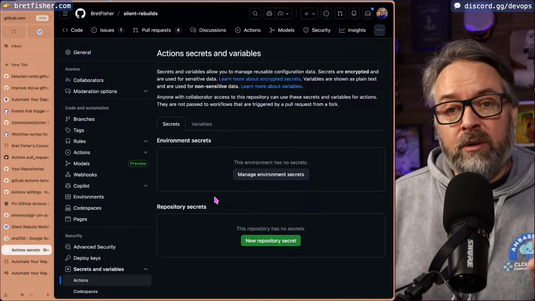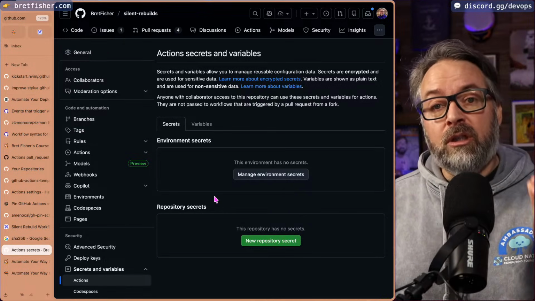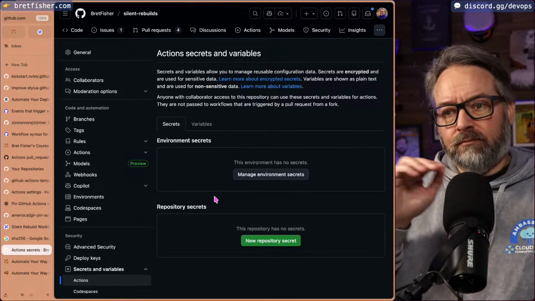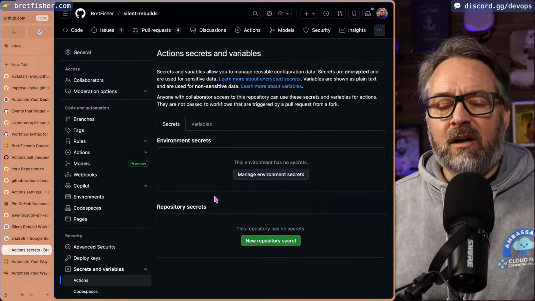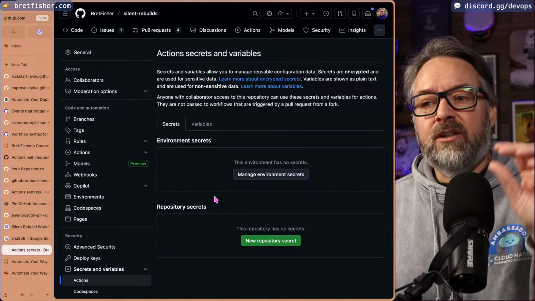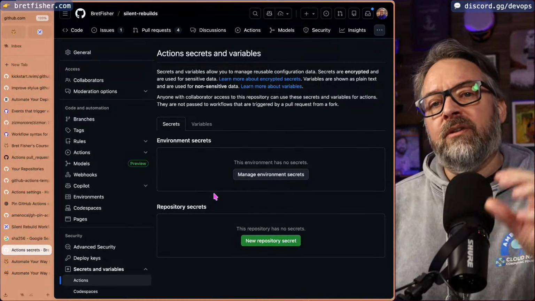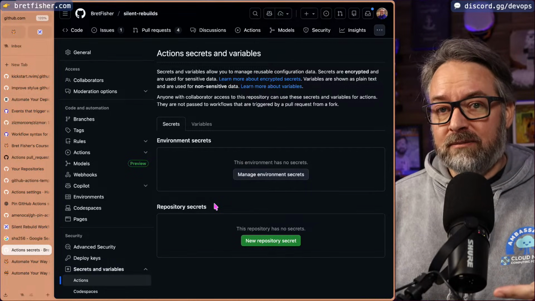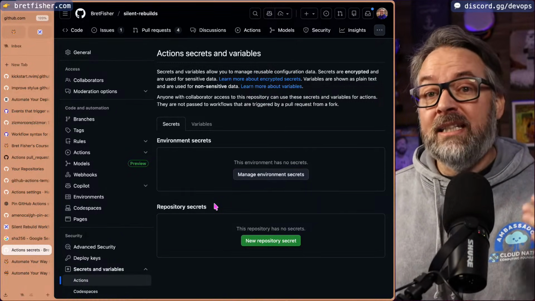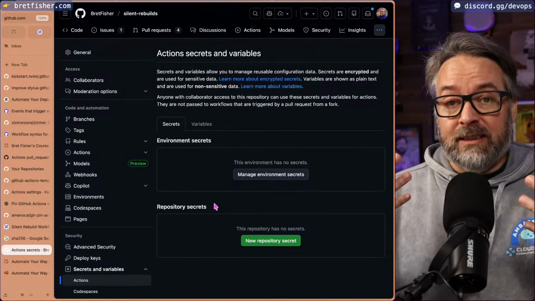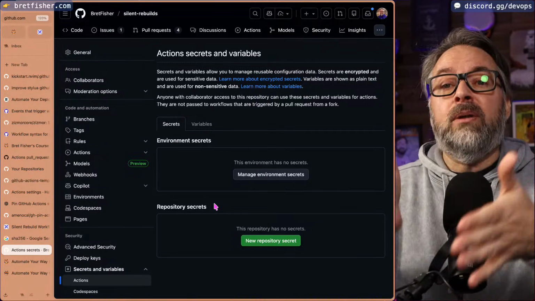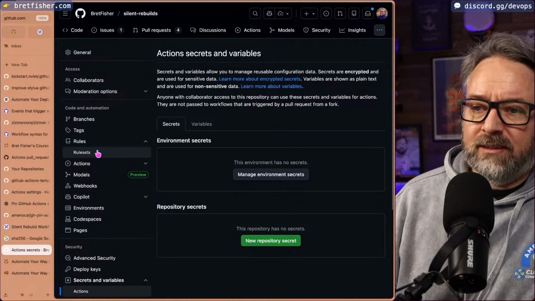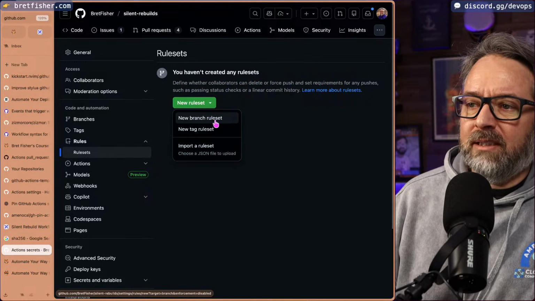Now, when you're in a workflow, if you want a workflow to target an environment, because that's a thing in a workflow, you have to add a line to the job that says this is targeting this environment, so please load me the secrets and variables from that environment. And in order for that workflow to run, in a lot of cases it would then need a manual approval, because typically environments are something that you want to control more, so you can put more guardrails on when those run. And so if you go up here to rules, you can create a rule that says,